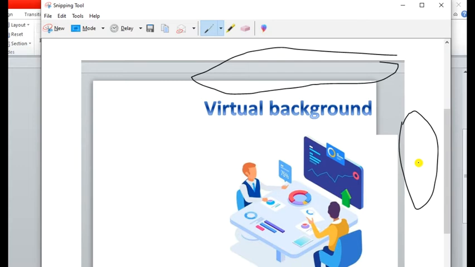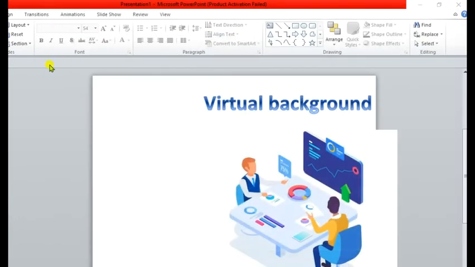The reason is that in Zoom, when you upload an image, the image will be stretched, so the virtual background text or image you have chosen may get cut down, that is, cropped. To avoid that, whenever you're choosing an image, please leave some space on all the margin sides. That's why I have taken it like this.